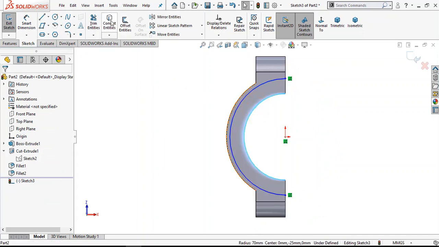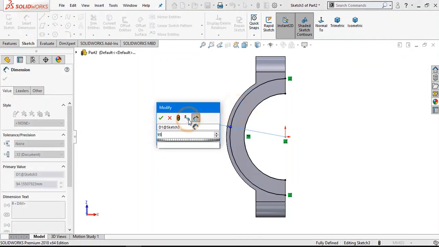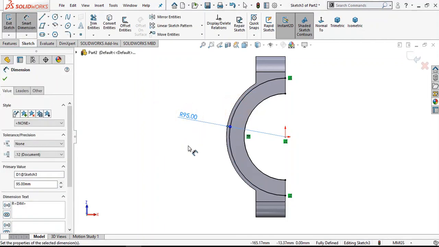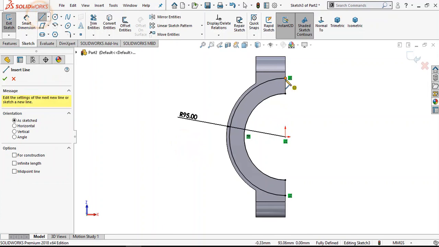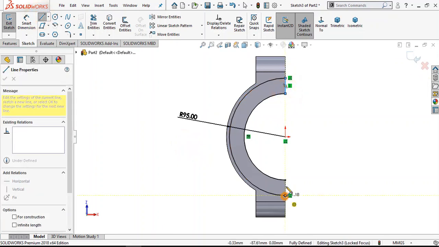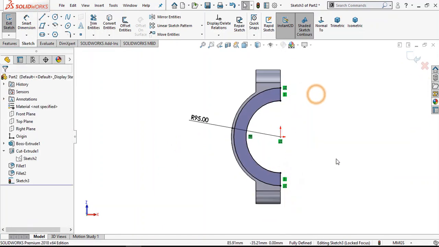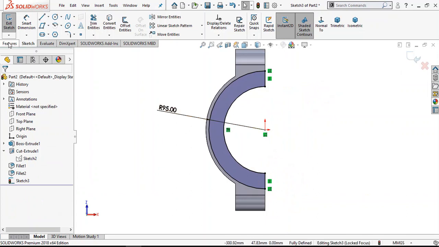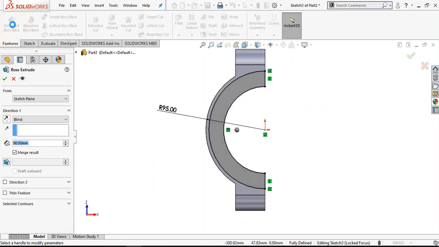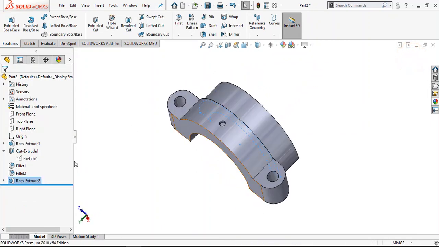Select this arc and select convert entities. Now dimension this arc 95 mm. Select line and join this geometry. Now go to feature and select extruded boss. Keep direction mid plane 90 mm. Okay.